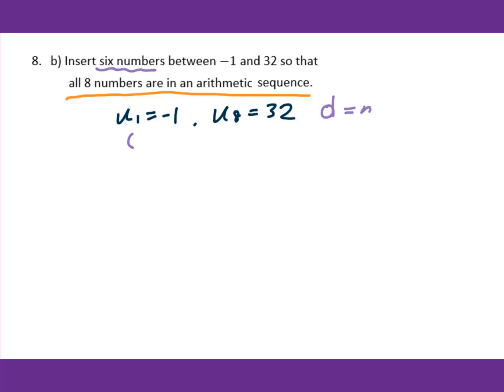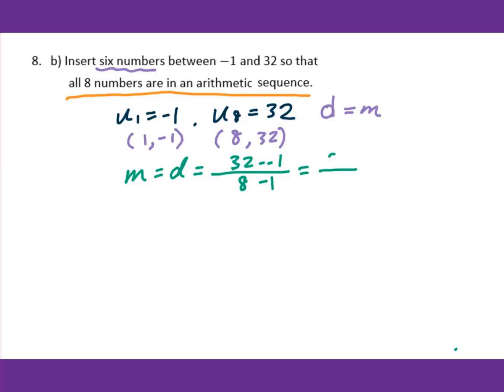D basically is a slope, so I count that's 1, -1, and 8, 32. Therefore, the slope, that's the common difference. You will get 32 minus -1 over 8 minus 1. You will get 33/7, which means from -1, you need to keep adding